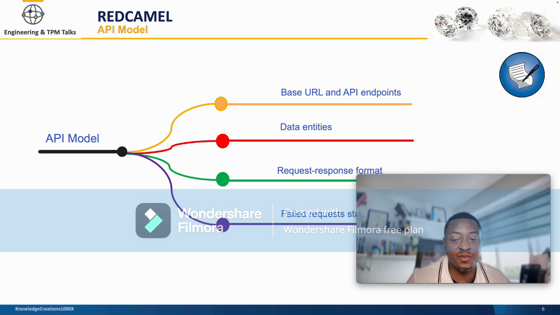Obviously, we build from the previous phase, which is the design consideration phase, where we've presented each operation's request and response structure. We have identified what and how to access the endpoint corresponding to those operations. Then here we exchange the data between the client and server in the formats that we've decided on in the previous phase, the design and consideration phase. So typically, what do we look at here? We look at what's the base URL for our API, and what are the related endpoints for each service.